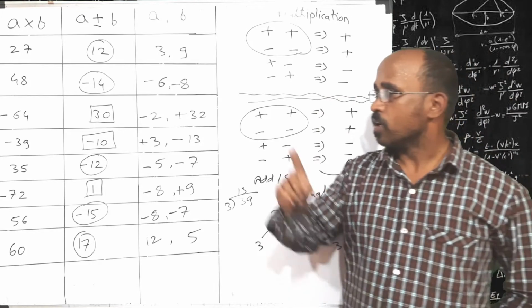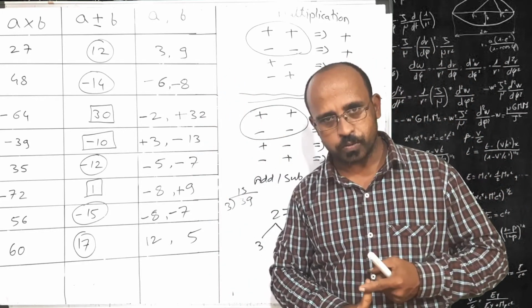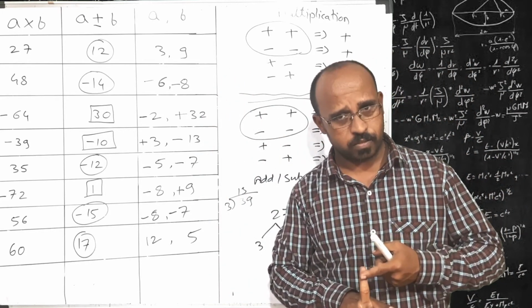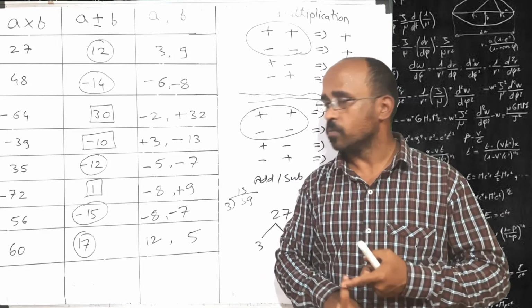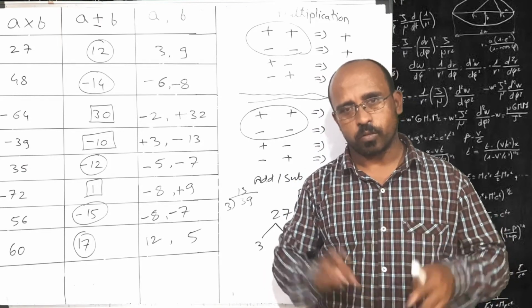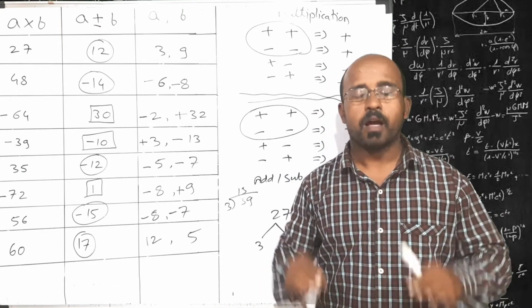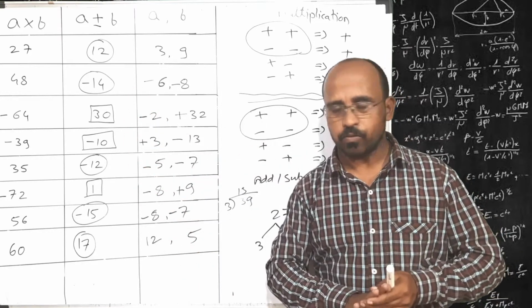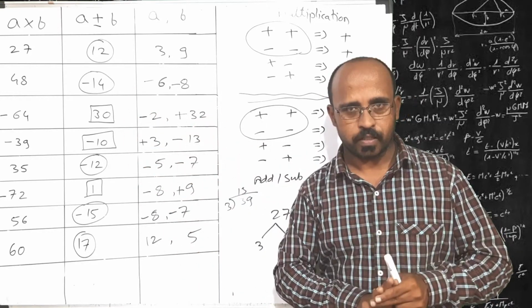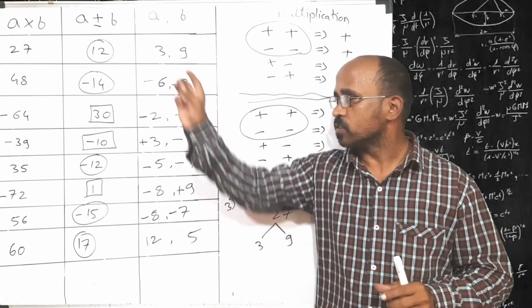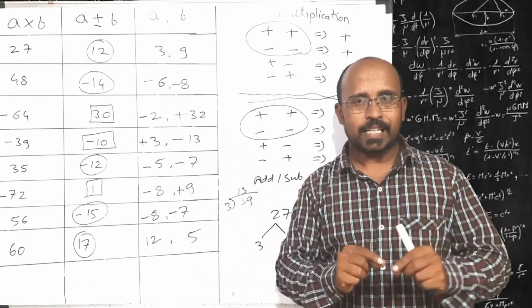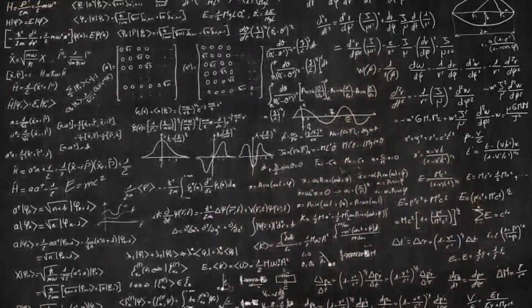The logic is, whenever multiplication is positive, look for the addition, and whatever is the symbol of the middle term, that will be the symbol of both numbers. Done. Whenever multiplication is negative, look for the subtraction, and whatever is the symbol of the subtraction, that is the symbol of the greater magnitude.